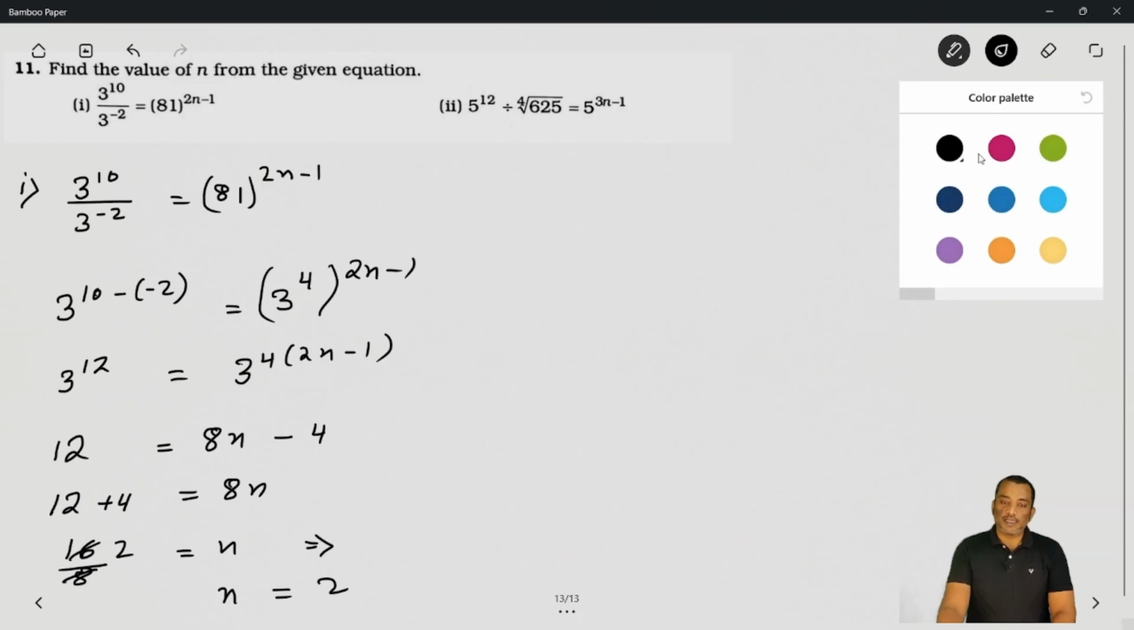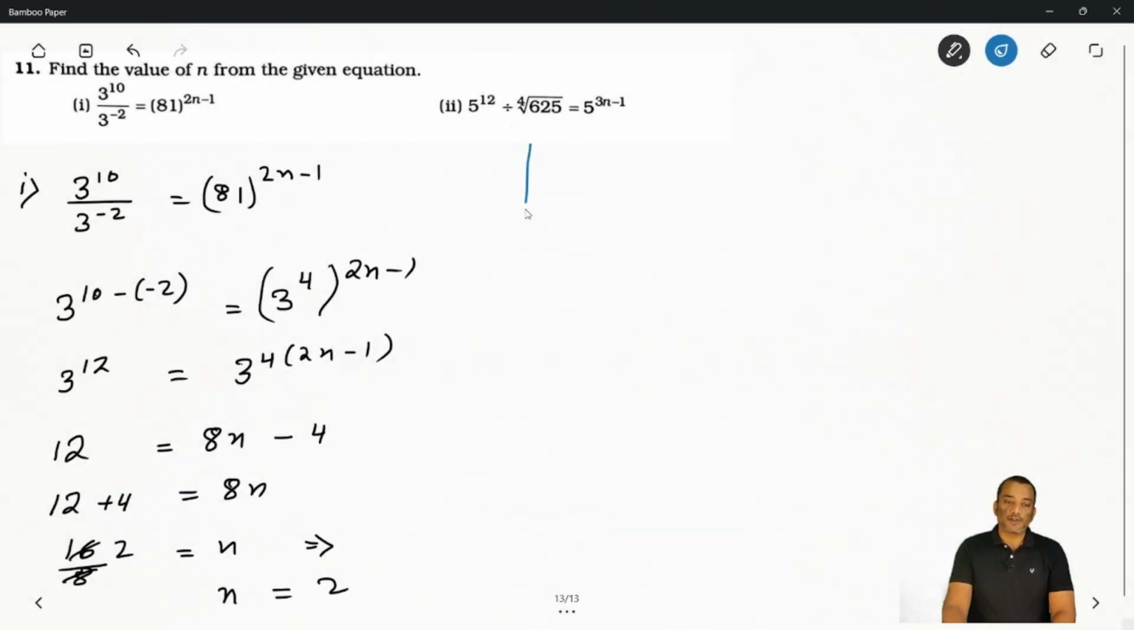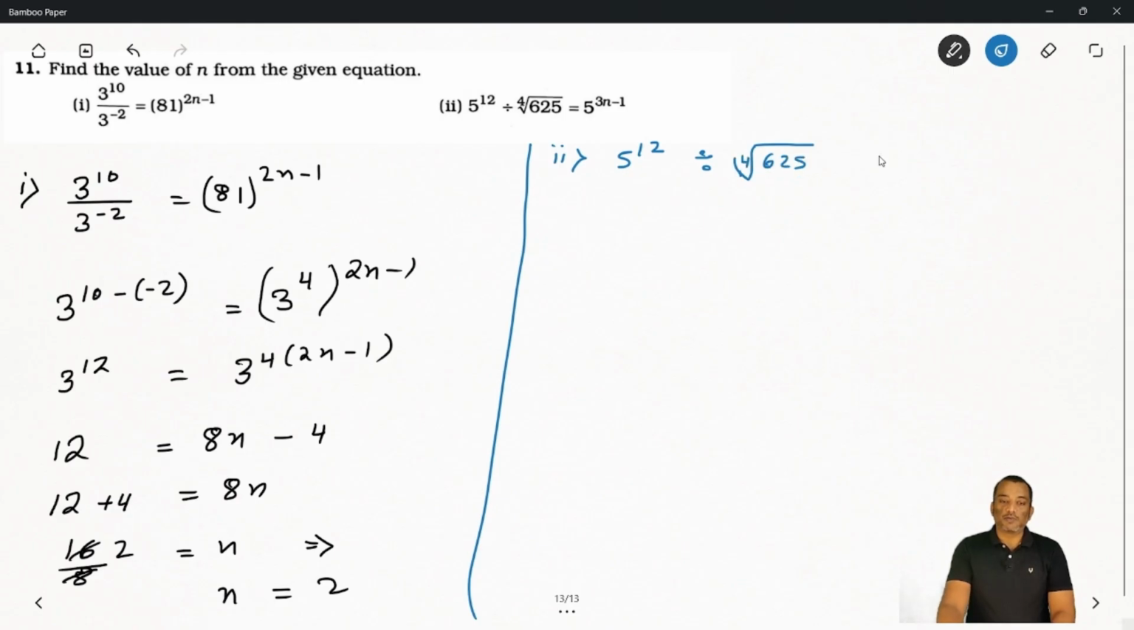Now let's solve next one. So next one it is saying again easy one. So second bit. So here it is saying 5 to the power 12 divided with 625 and here 4 root is equal to 5 to power 3n minus 1. So first one you can say 5 to power 12 and this one is 625 and 1 to the power 4 is equal to 5 to power 3n